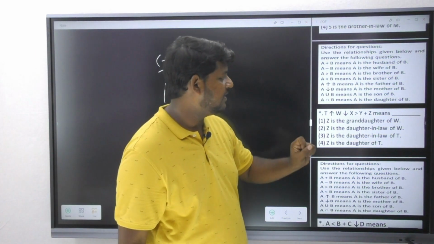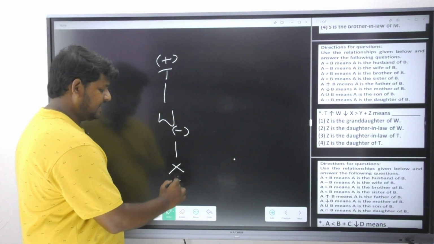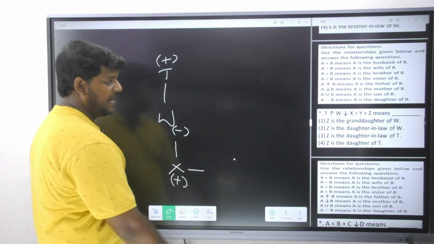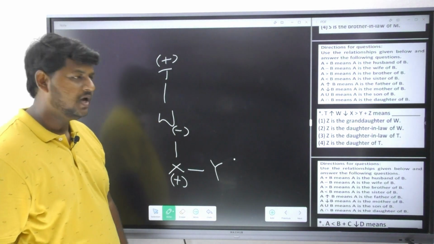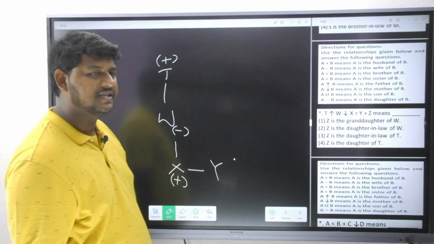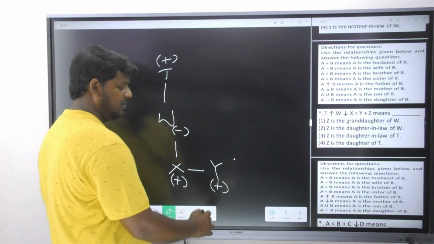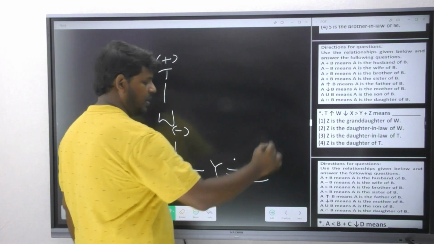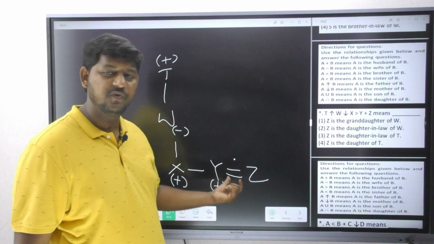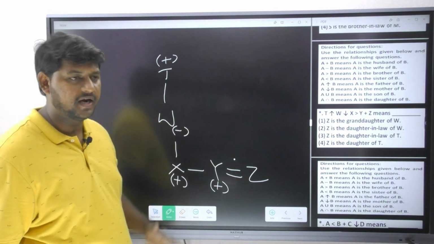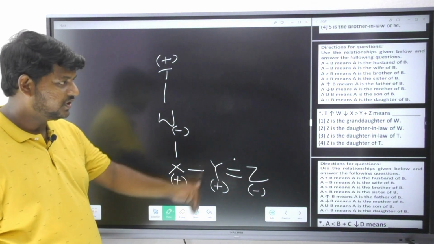X greater than Y. Greater than is indicating what relation? Brother. So X is a male over here. X became brother of whom? Y. Next, Y plus Z. Plus is nothing but again husband relation is occurring. So male. Now earlier we have discussed these are the cases where you can define the gender of the extreme right hand side person. So Z is a female even though it is not given.